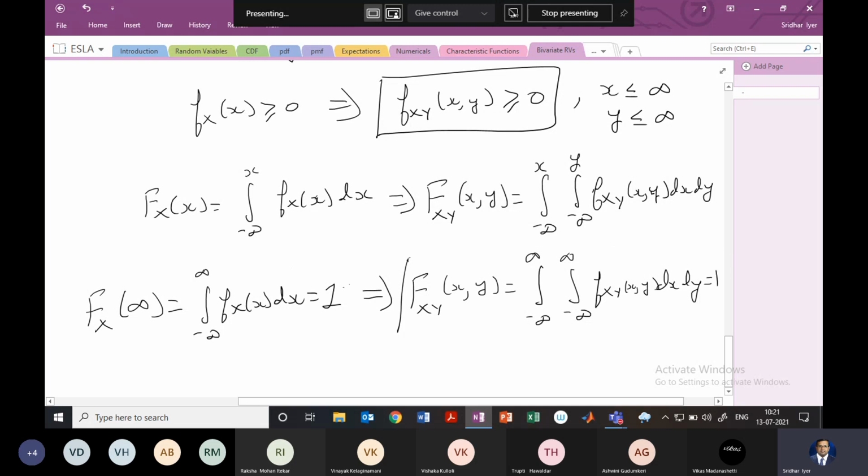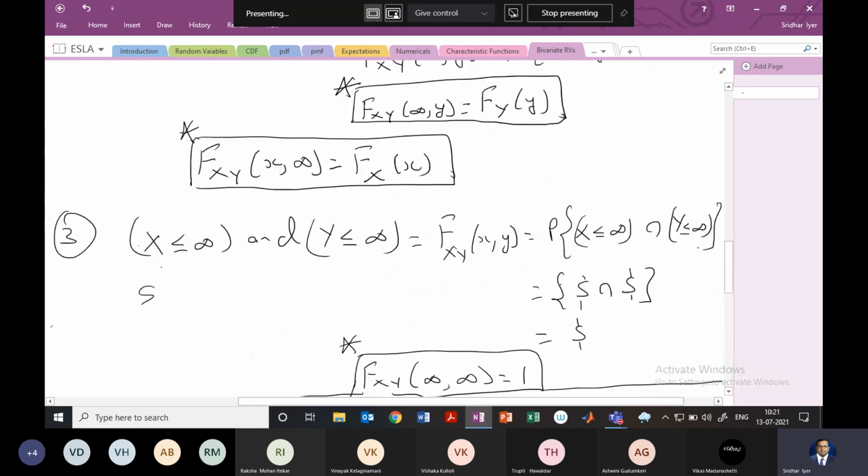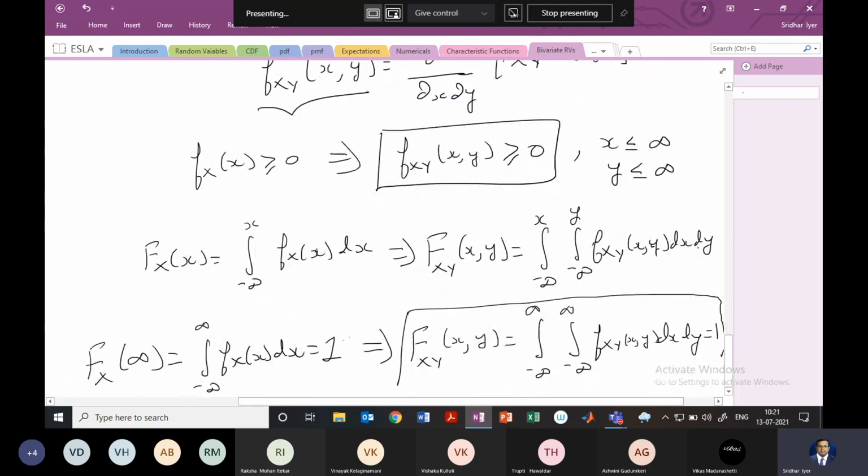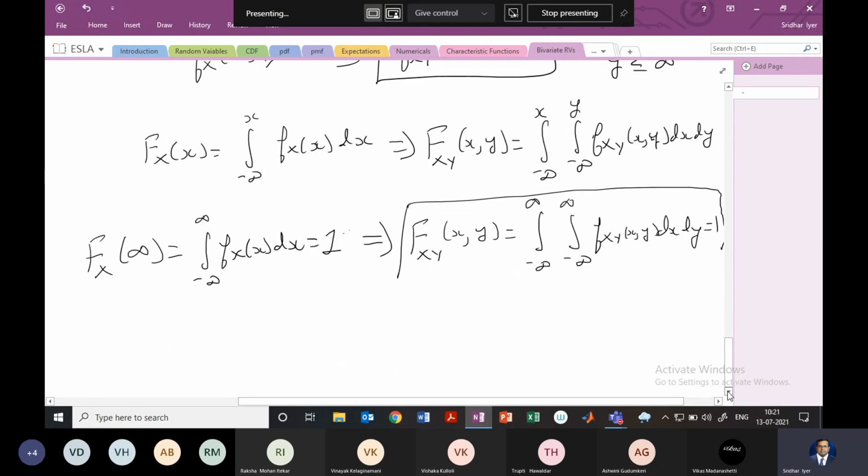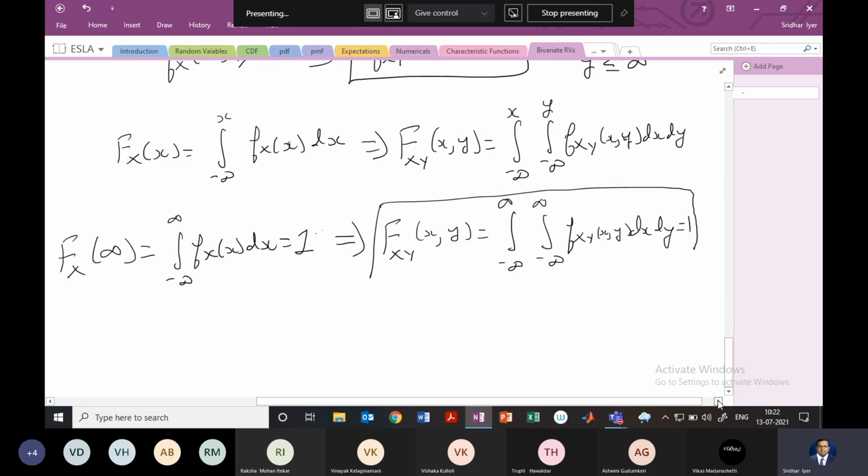Please understand this, right? It is easy to understand. It is the complete sample space, and the area under that sample space is just going to be 1. The total probability is going to be 1. Important property. I'll put this in a bracket and mark it with a star, so it will be available in the recording as well.